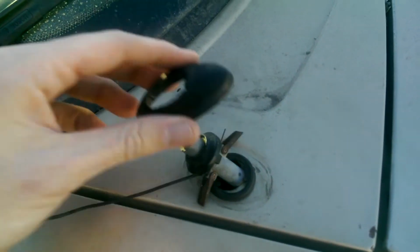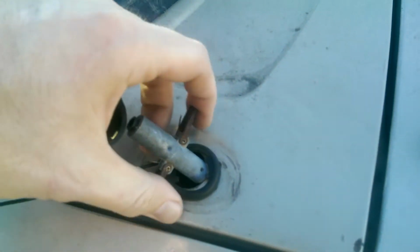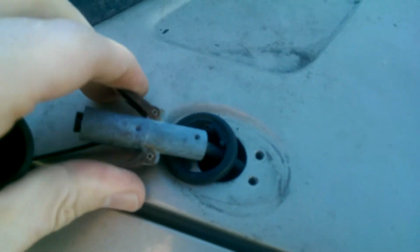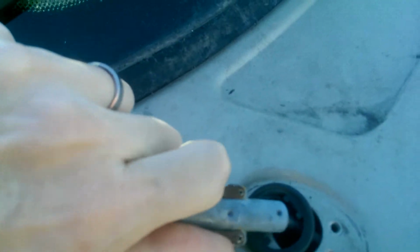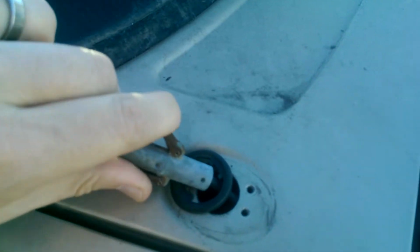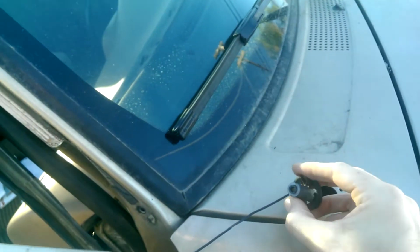There's this little part that just popped right off for me. You take apart this assembly. This little guy was actually in the hole there, so you have to use a screwdriver or a hex wrench or something to fold these parts up, and then you can pull it out of the hole. Once you get that out, there's this grommet here, and you pull that away. That allows you to pull out this wiring assembly here